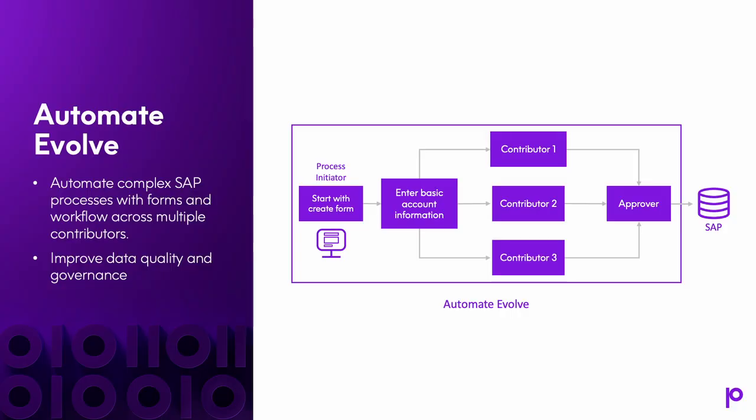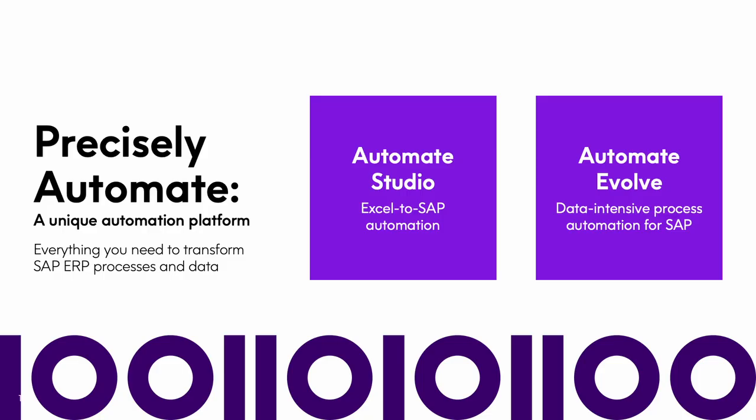And as soon as they've input their data, it either moves sequentially to the next person in line, or you can have all the different people inputting data at the same time, reviewing data at the exact same time. So you can do it all in parallel. As soon as that data is all received and those forms are filled out, you have somebody on your master data team who's going to review it, make sure it's all correct, and then post it directly into SAP to create that record. So both of these together really give you a huge amount of power. And if you get Evolve, you also get Studio.